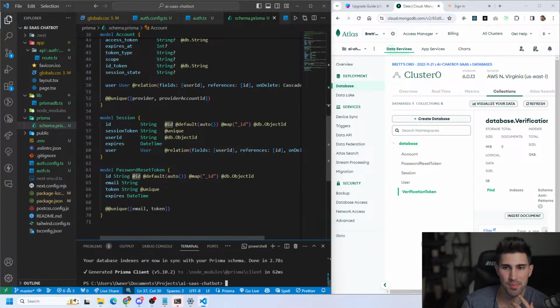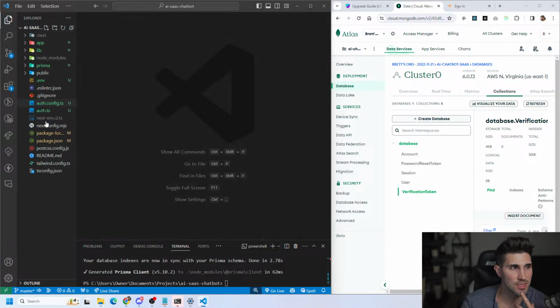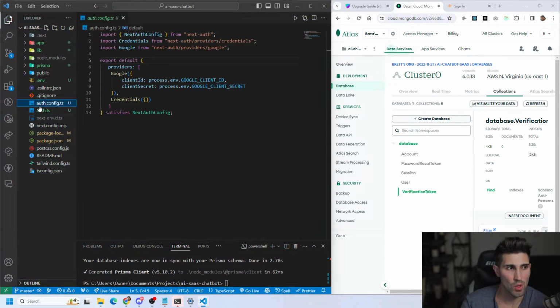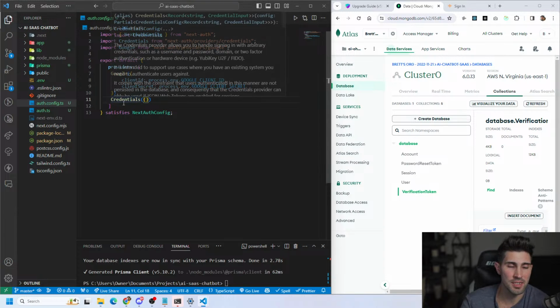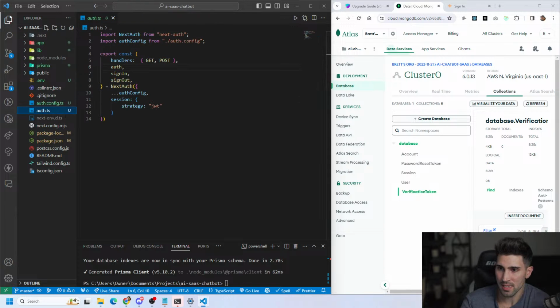Okay, so the next step, let's finish these configuration files. So I'm just going to close all of these, and everything in the auth.config file is almost completely done. Next thing we need to do is just do the functionality inside the credentials provider, which, like I said earlier, this credentials provider pretty much gives us the functionality to do checks when somebody tries to log in. The auth.ts file,